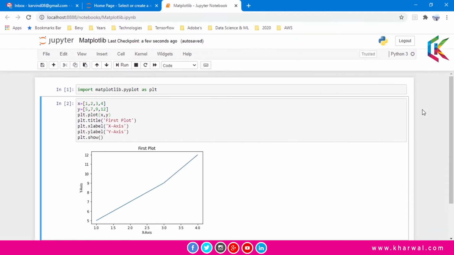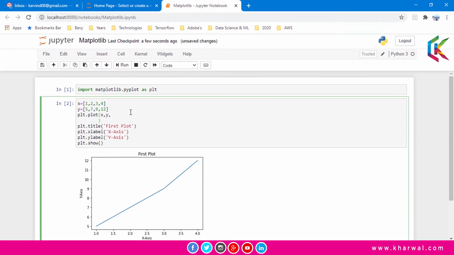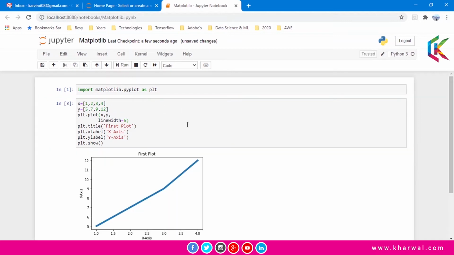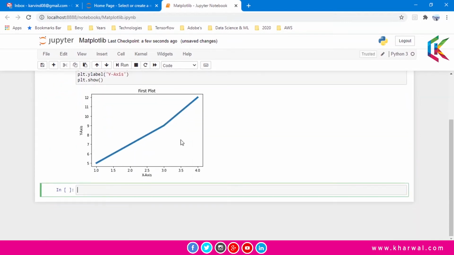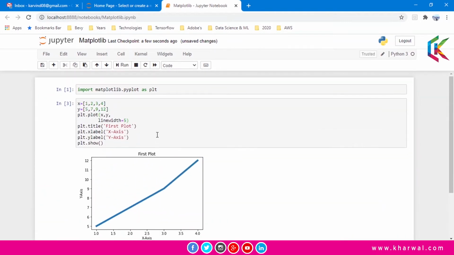So guys, now let's add the line width in the plot function. Guys, I am assigning value 5 to line width, and now if I run this script, you can see the width of line here. So I hope it is clear to you.